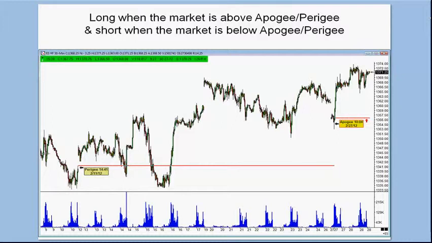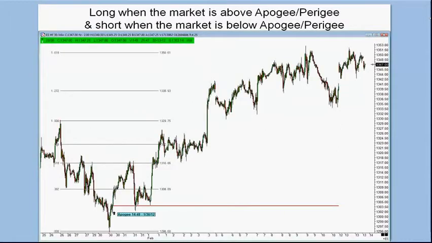So I'm going to quickly go back, for those folks that are new or didn't get a chance to really take a look at the presentation from a couple of weeks ago, so that you can see how well this is working. This was the January 30th aspect of Apogee. And again, this was the exact time on this. You can see here the idea of using the trailing stop certainly makes a lot of sense in my opinion.